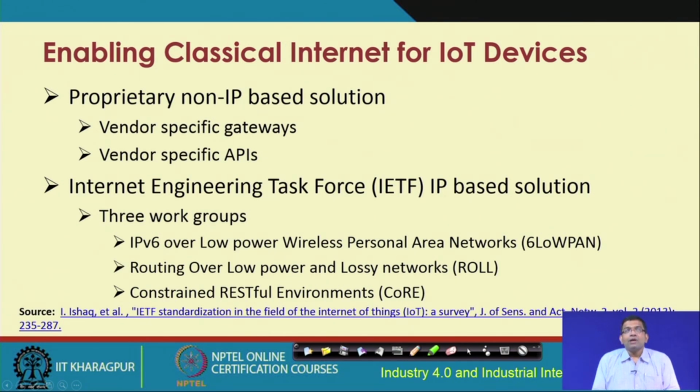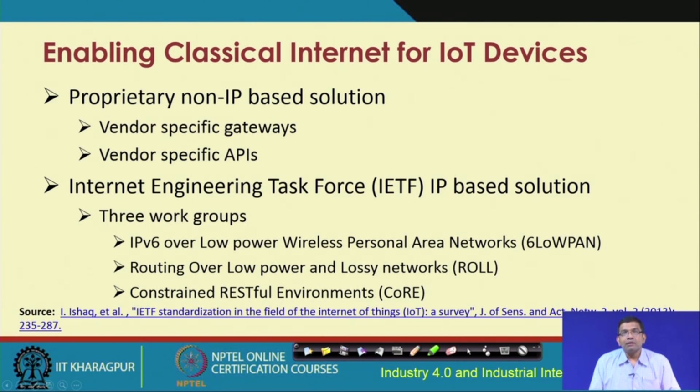We have proprietary non-IP based solutions, and these use vendor specific gateways, vendor specific solutions of all kinds including the APIs. On the contrary, we have IETF IP based solutions where there are different initiatives to support IoT